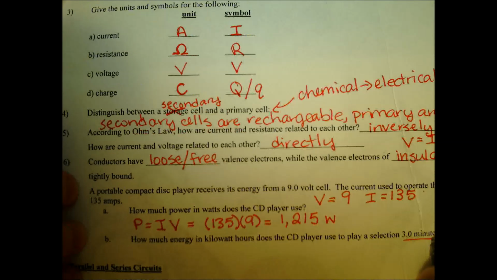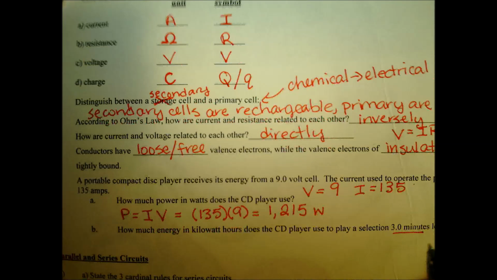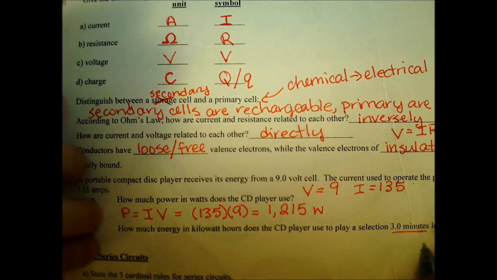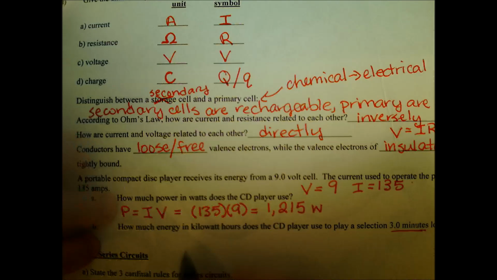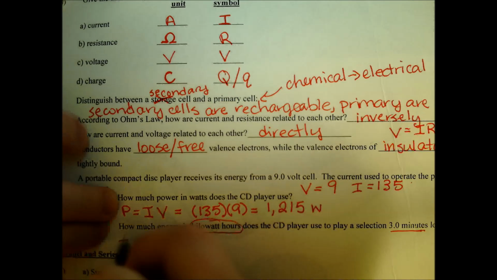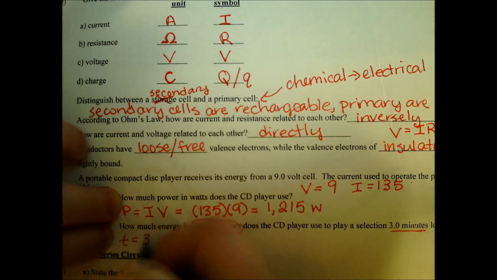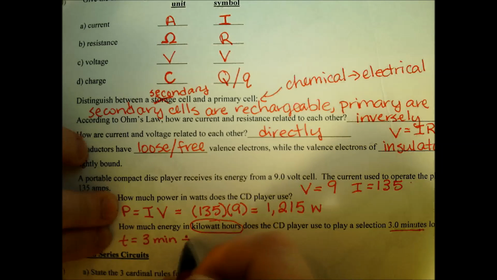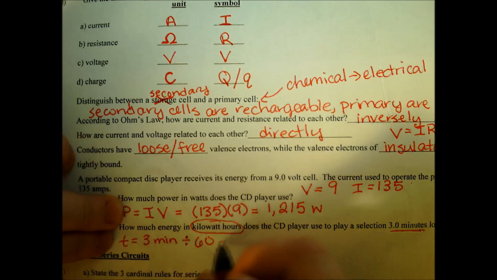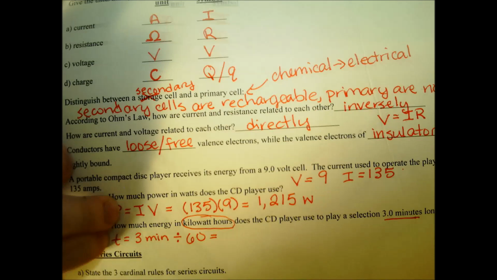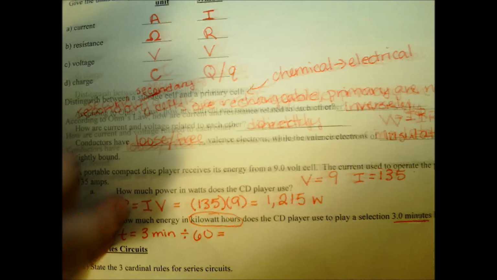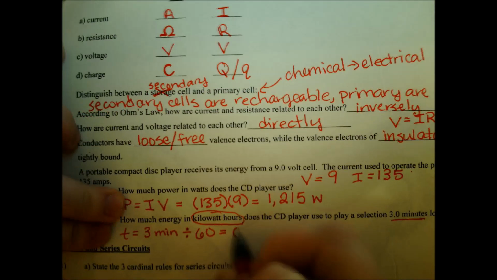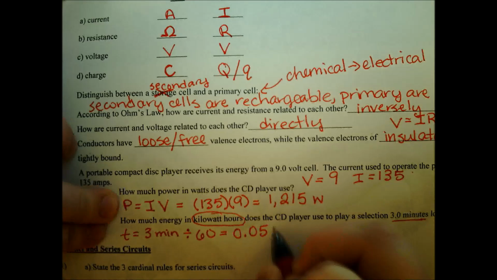How much energy in kilowatt hours does it use to play a song 3 minutes long? Well, it should occur to you immediately that we never ever use minutes. Now, typically we would convert from minutes to seconds, which would be multiplying by 60, but we're specifically told that we want to deal with kilowatt hours. So we're actually going to change our time of 3 minutes into hours, which is going to involve dividing by 60. So 3 divided by 60 is 0.05